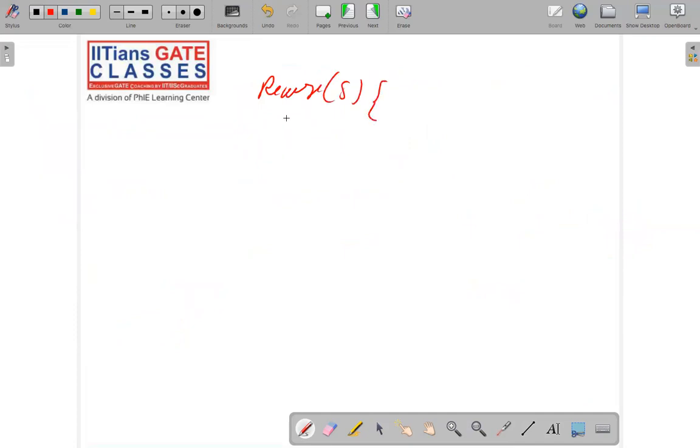Reverse S. How can we write this? We will take 3 pointers: K, P, and Q. Initially K will point to S, and P and Q will point to null. Then we say that while K is not equal to null,